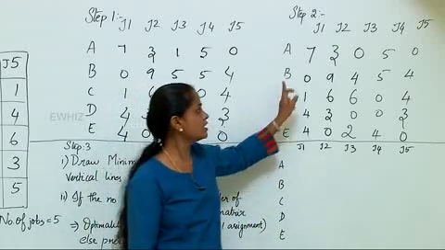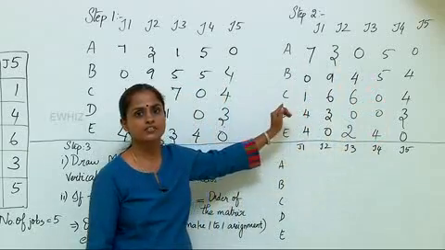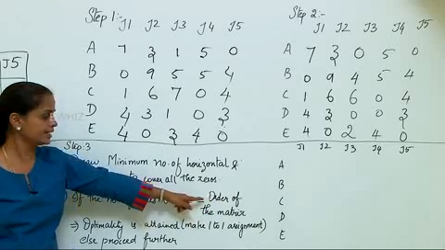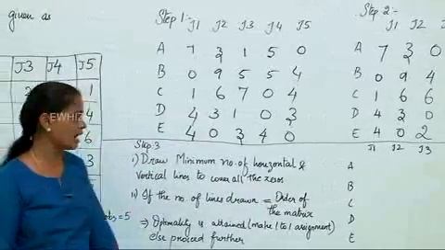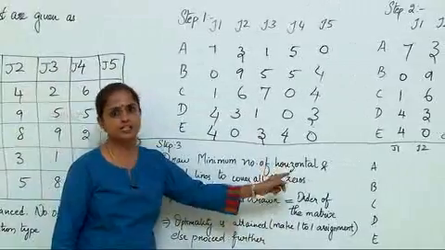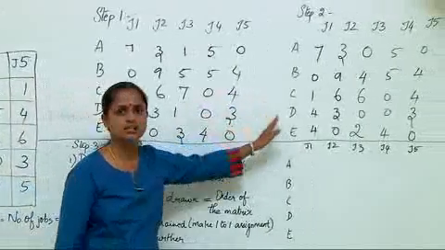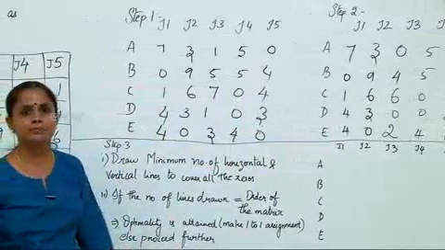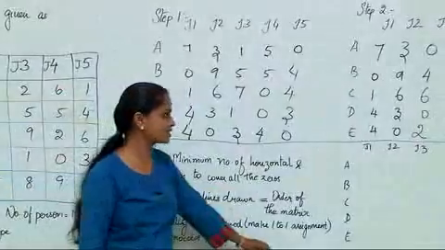Once the lines are drawn, if you count the number of lines drawn to cover all the zeros and the number of lines tallies with your order of the matrix, then that indicates that we have reached optimality. The present schedule is the optimum schedule and we can go for making one-to-one assignment. The number of lines obviously cannot be greater than the order. If the number of lines drawn is lesser than the order of the matrix, that indicates that the solution can be further improved and we can look out for a better solution than the existing one.